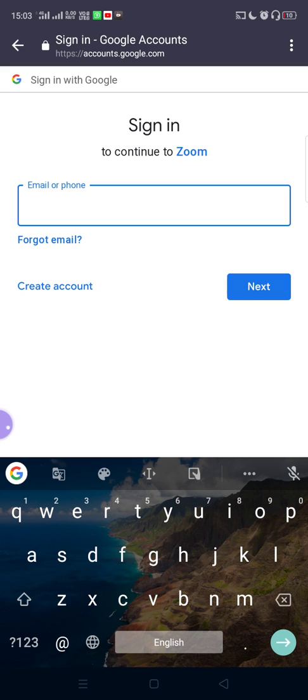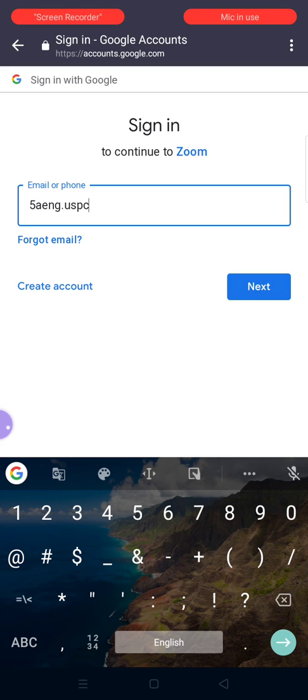The Gmail IDs for your respective subjects which we have shared with you, and you have created and written down in that column in the Google Sheet, right? Let's take an example and sign in with some Gmail account. Suppose I want to take a lecture of 5th A English, right? So that